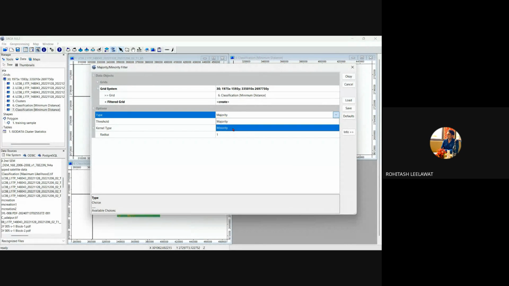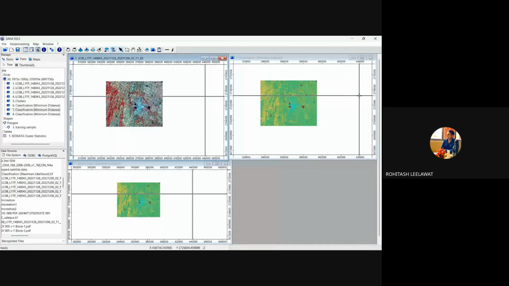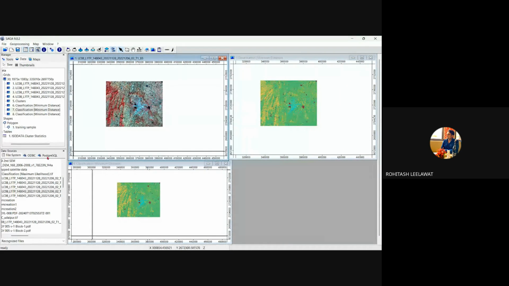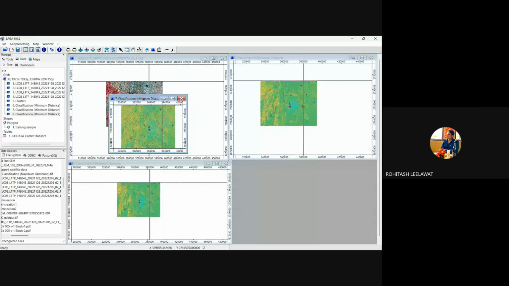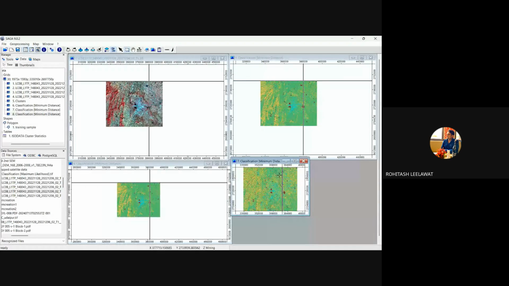And in the type, now you have to select the minority. And in the kernel type, you have to select a square and radius 1. Now click on OK. It will generate a new output. I'm opening it, and